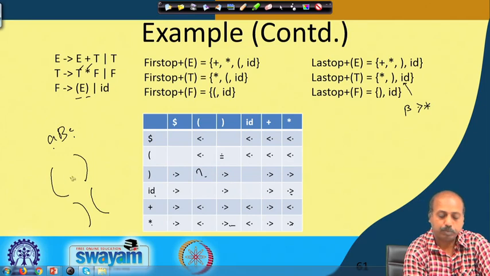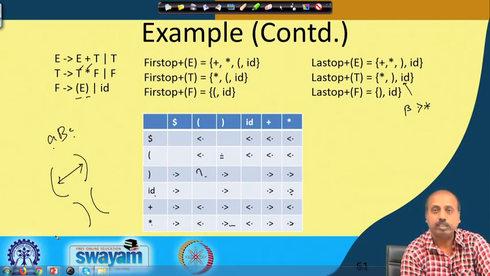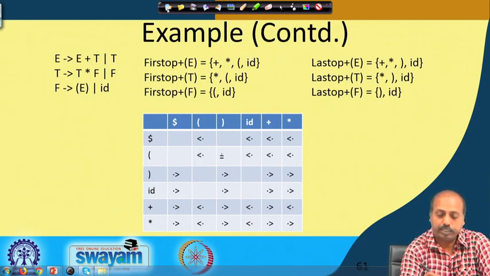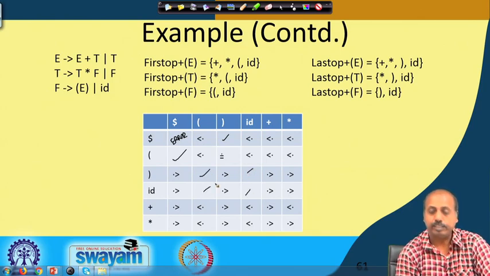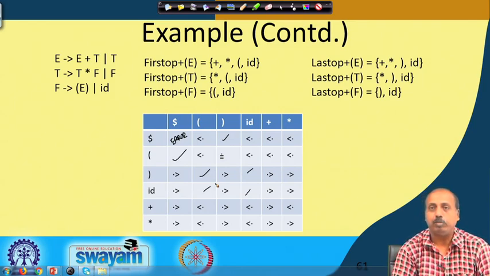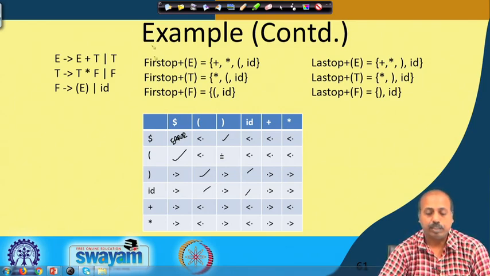So, if you get an open parenthesis, in this region you can get an expression, but here there is a problem. There must be some operator in between that should come. So, whatever entries are not defined, they are all errors. So, this is error. This is also error. All these entries that are undefined are error entries. If you come to this error entry, that means there is some problem with the input string. So, that has to be discarded.